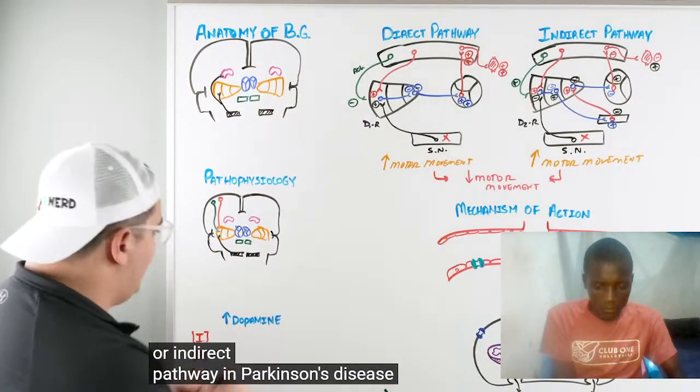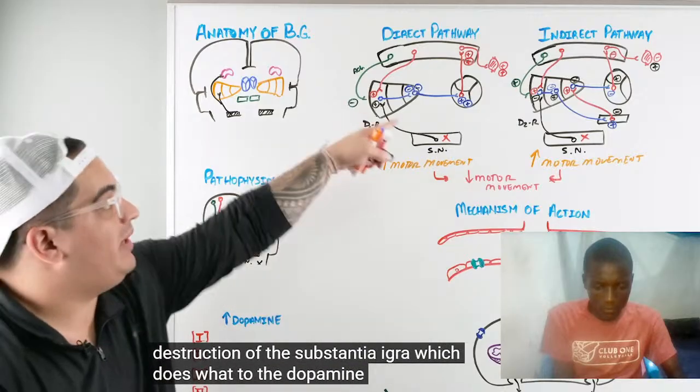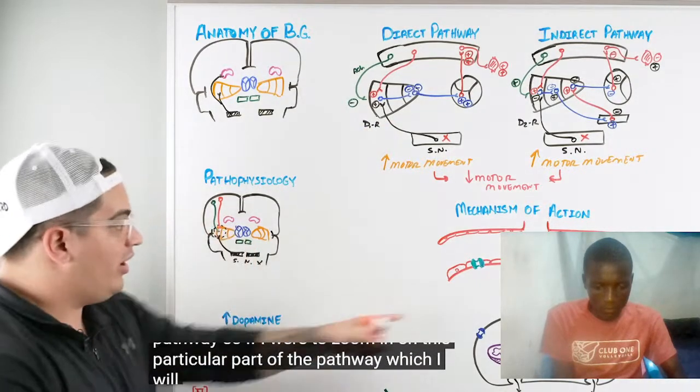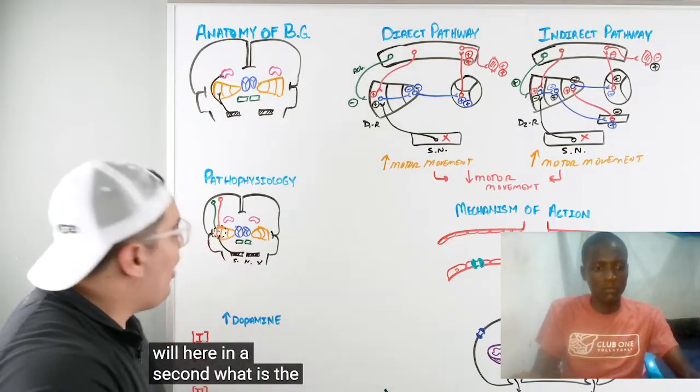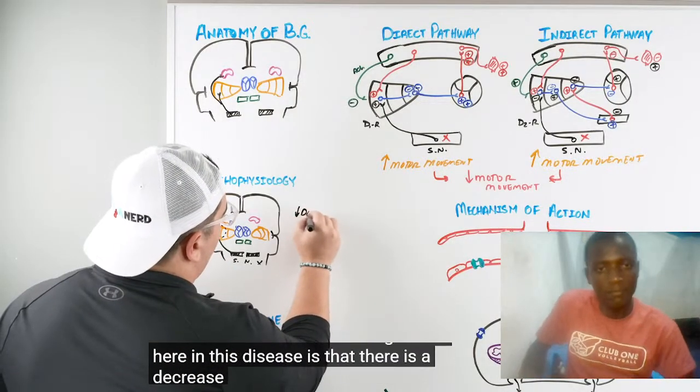In Parkinson's disease, you have destruction of the substantia nigra, which does what to the dopamine in that striatal pathway? So if I were to zoom in on this particular part of the pathway, which I will here in a second, what is the overarching theme here in this disease? Is that there is a decrease